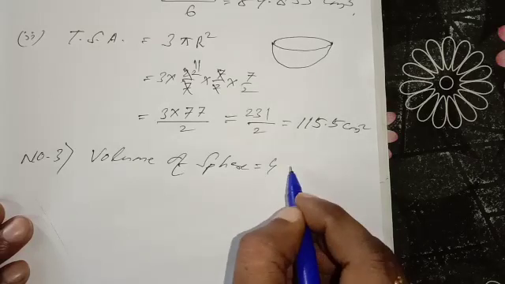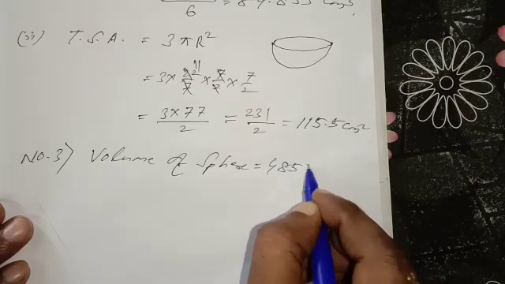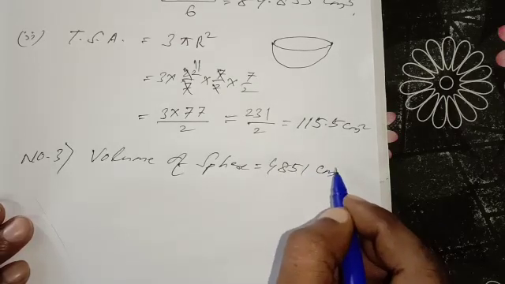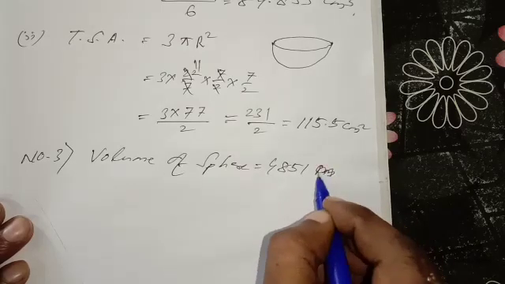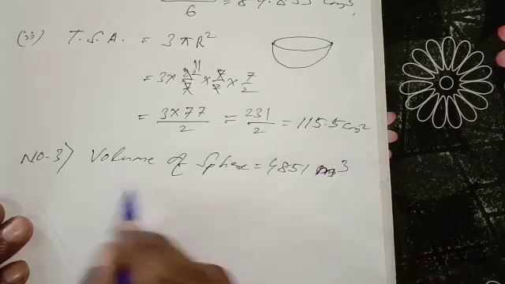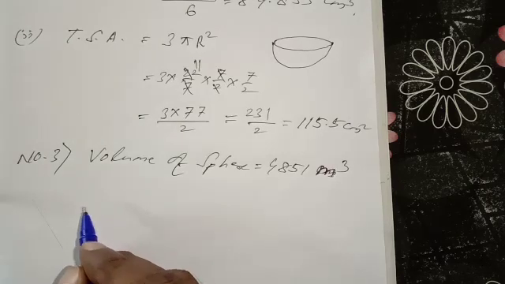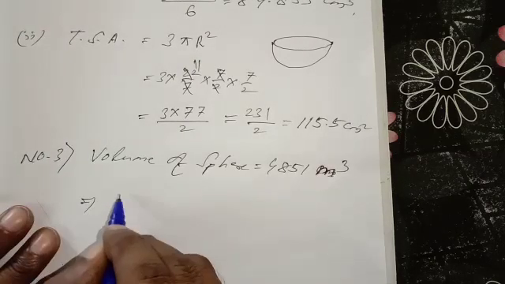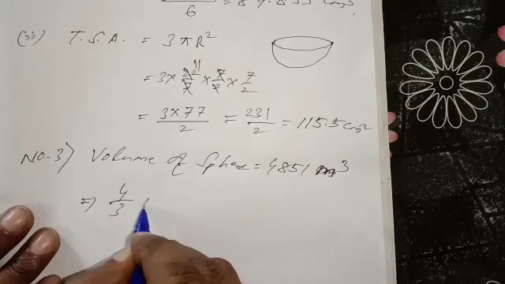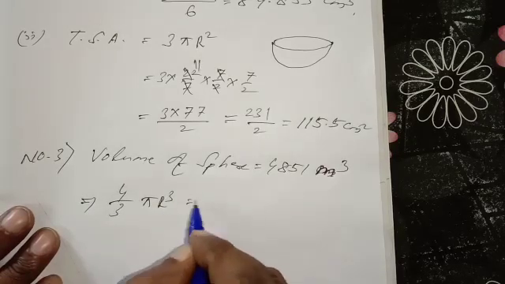The volume of the sphere is 4851 meter cube, not centimeter, meter cube. Given the volume of the sphere, you have to find out the radius and the surface area. As you know, the volume of a sphere formula is 4 by 3 pi r cube equal to